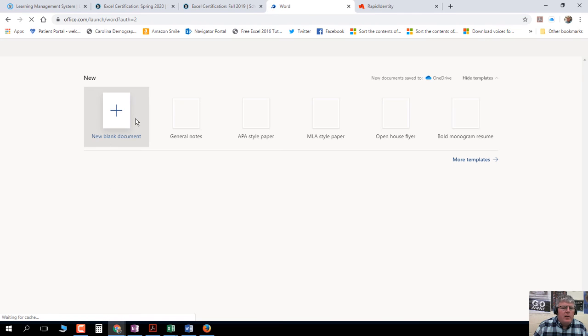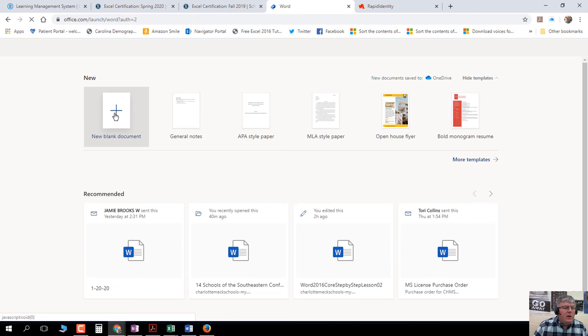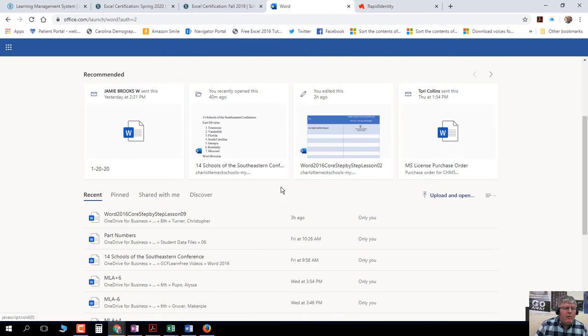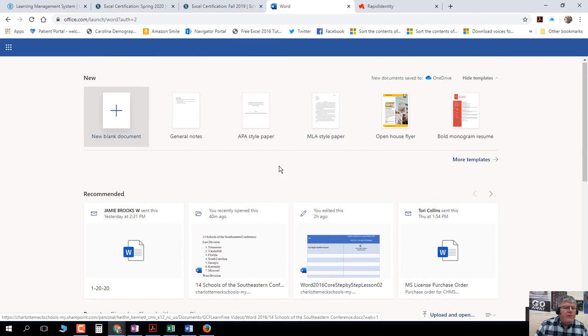And you get to use a very stripped down version of Microsoft Word. Notice here there's an option for MLA style paper. There's also files that have been sent to me that have been saved in my OneDrive account. My OneDrive is already set up. That's why I can see all these files. But what if you wanted to go to a new blank document? You come over here, click New Blank Document,